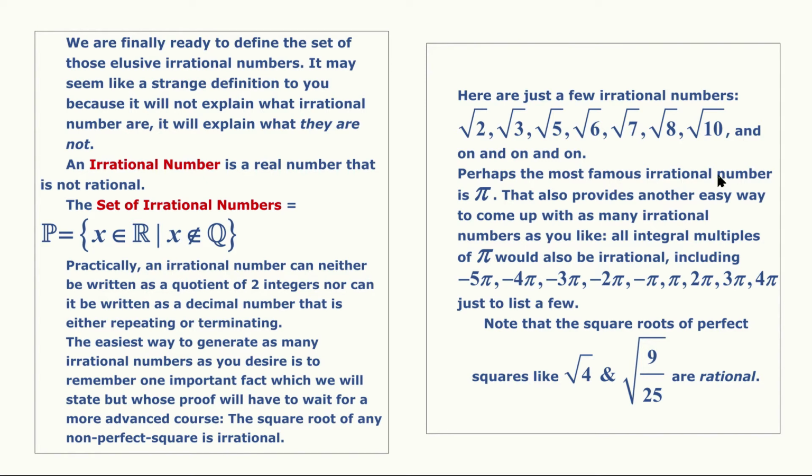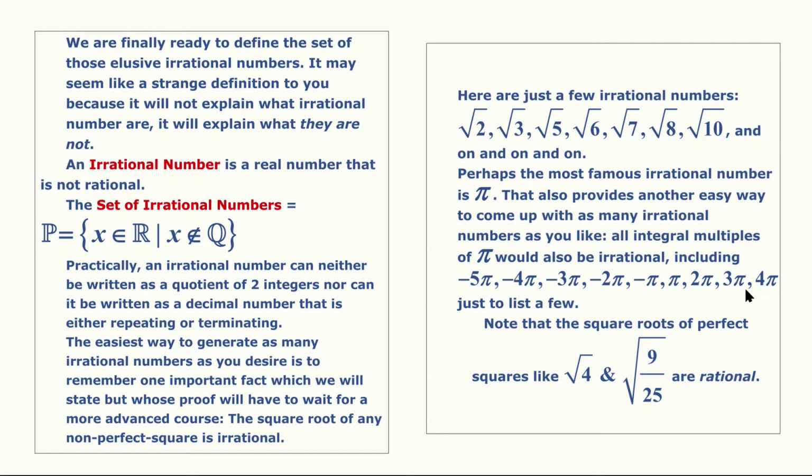Perhaps the most famous irrational number, as we said, is pi. And pi itself actually provides a real easy way to come up with as many irrational numbers as you would like as well. Just take all the integral multiples of pi. That means all the integer multiples, right? So pi, 2 pi, 3 pi, 4 pi, or negative pi, negative 2 pi, negative 3 pi. These all would be